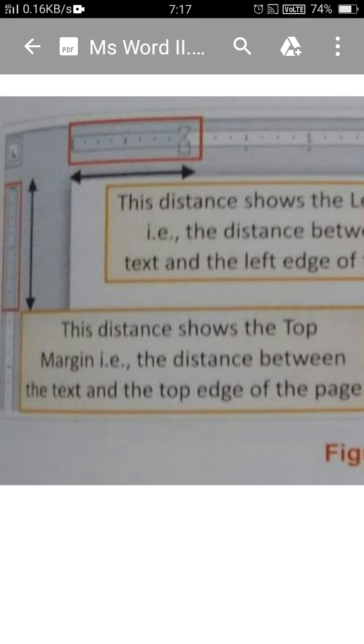As you are looking at your books, in the left side or right side some space is given blank. That blank space is known as the margin. The margin can be set as top margin, bottom margin, left margin and right margin.